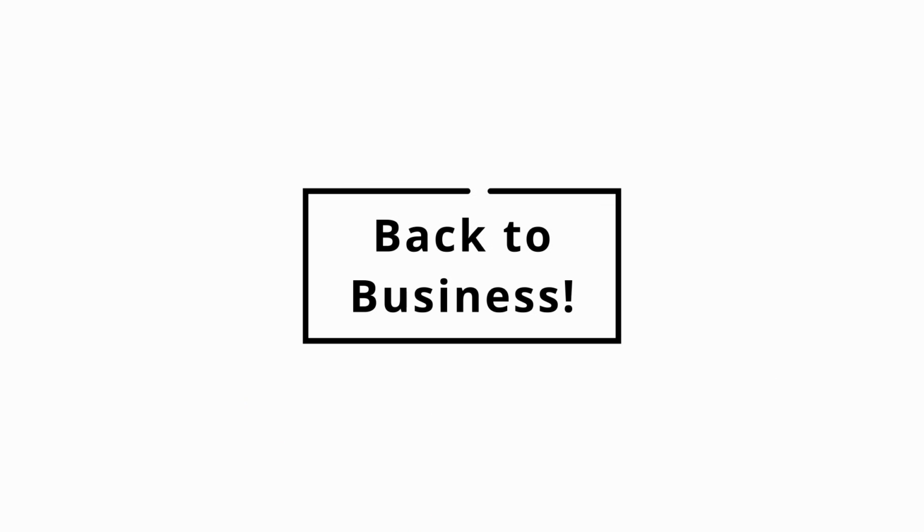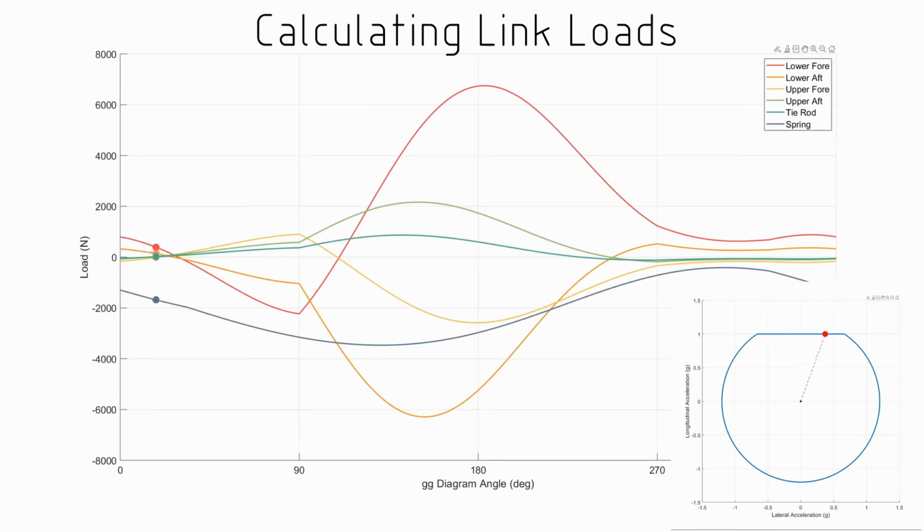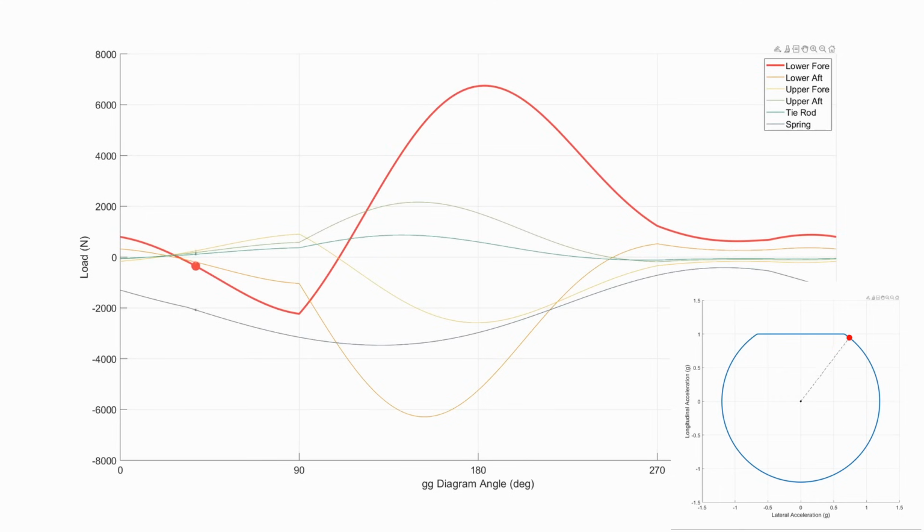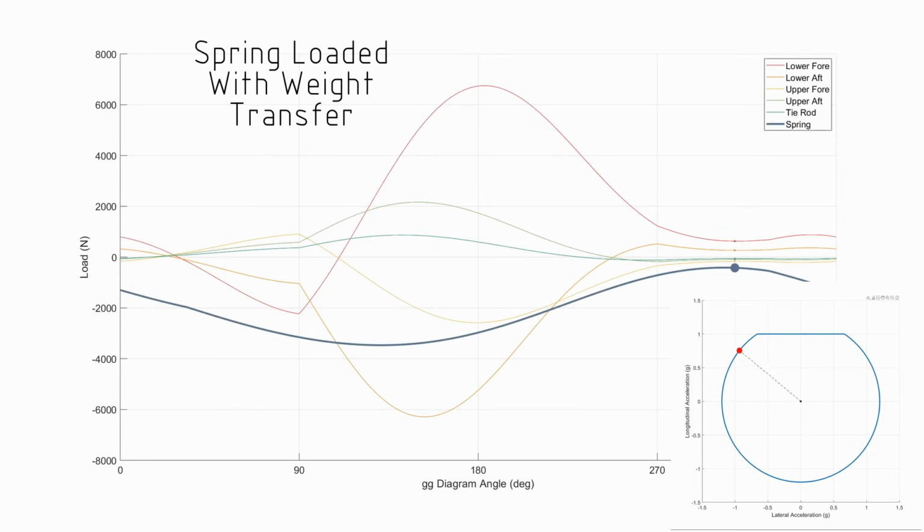Now if we sweep around this GG diagram, we can actually calculate the link loads on all of those 6 links. And we see these links will have peak forces at different points around this GG diagram. We see that the lower links, or the lower wishbone, are the most heavily loaded components, and they're peaking at different points. We can see the spring is being loaded up as we're having a weight transfer, and the peak